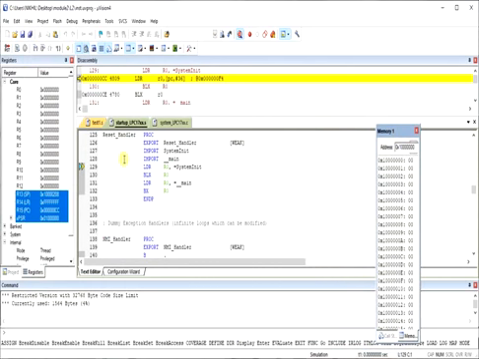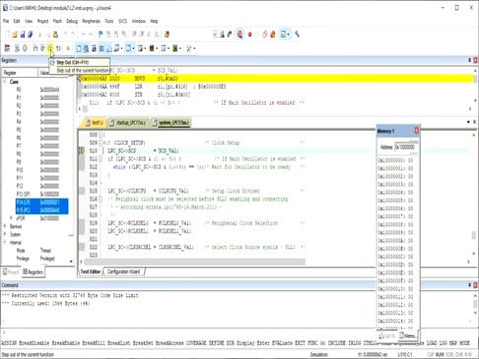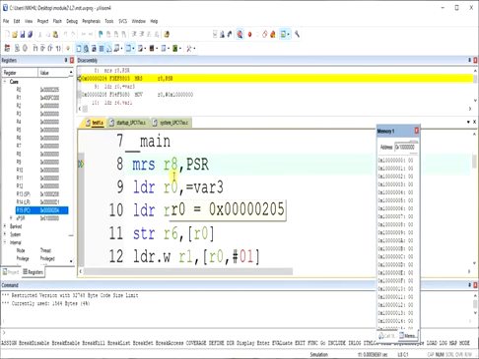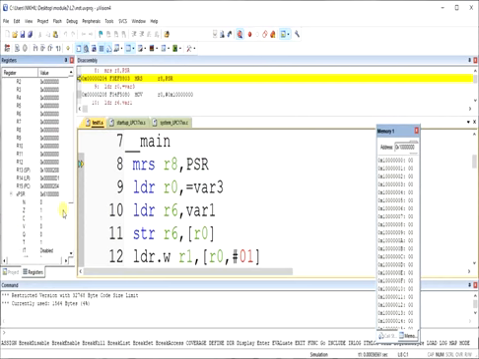Now we want to check the PSR, but before that, see here which program is running. Startup programs are running. You have to click on this 2 times and then this 1 time, so that you come back to your main program. From here it should jump to the main program. Click single step, and now it will come here. The requirement is that in R8 we should get the content of the program status register.